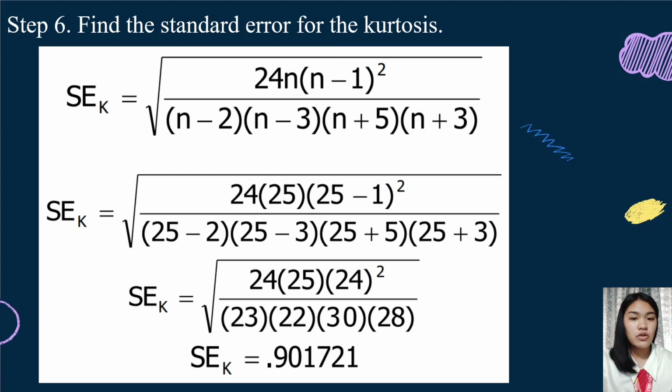So standard error of kurtosis is equal to the square root of 24 times 25 times 25 minus 1 squared divided by 25 minus 2 times 25 minus 3 times 25 plus 5 times 25 plus 3. So the standard error of kurtosis is equal to the square root of 24 times 25 times 24 squared divided by 23 times 22 times 30 times 28. So the standard error for kurtosis is equal to